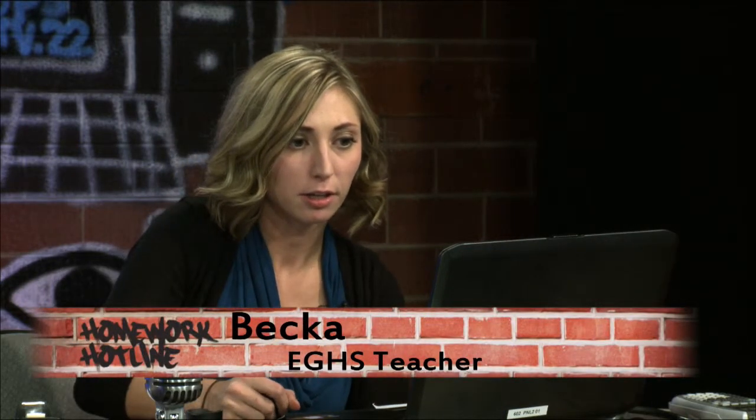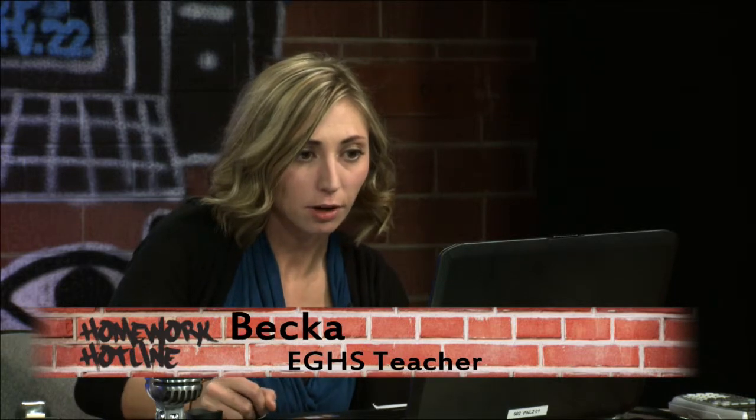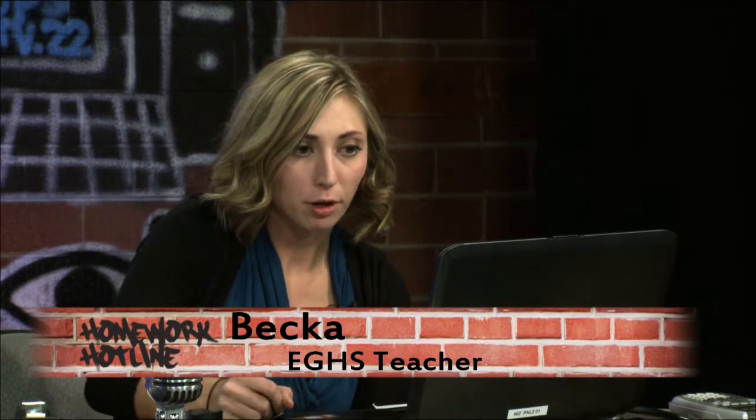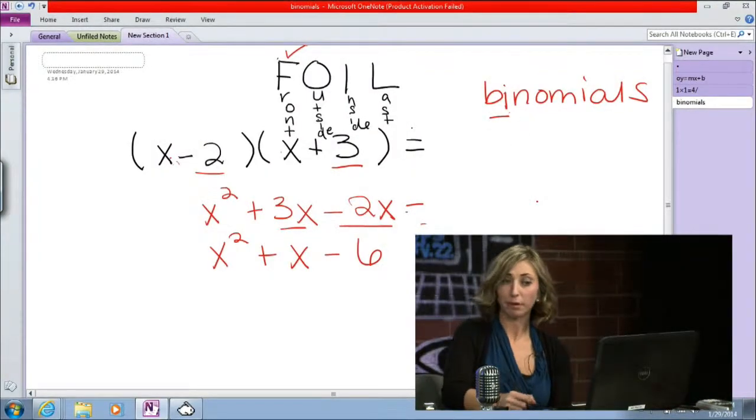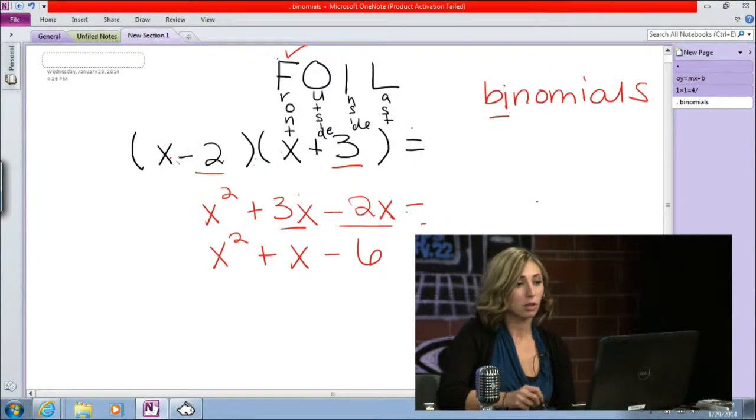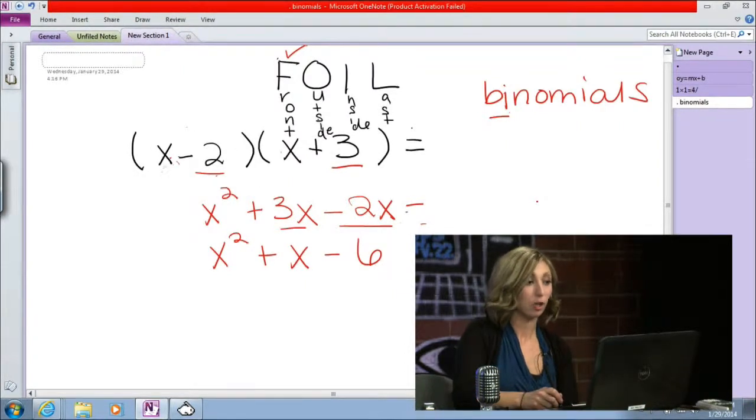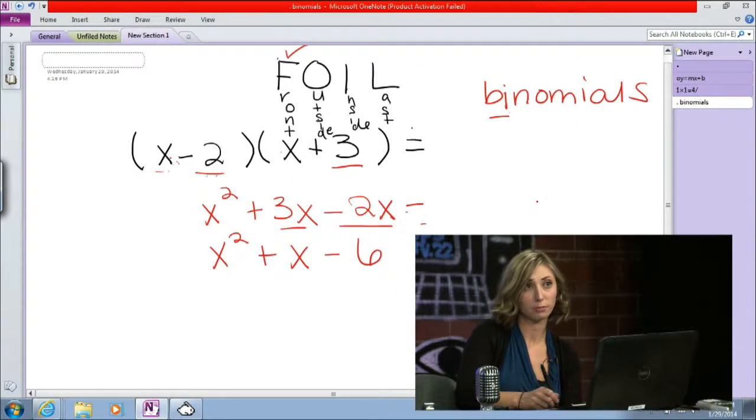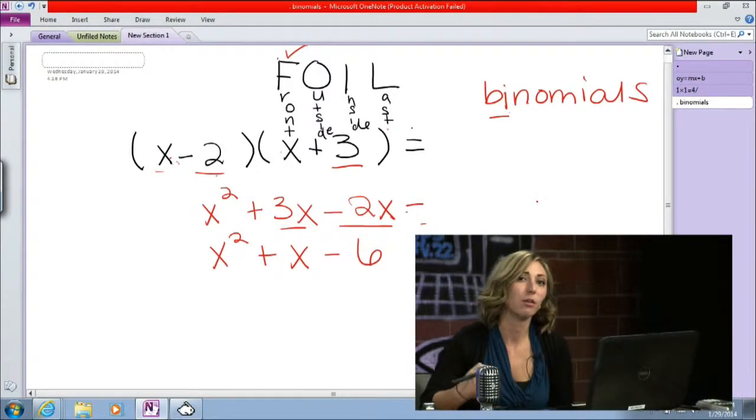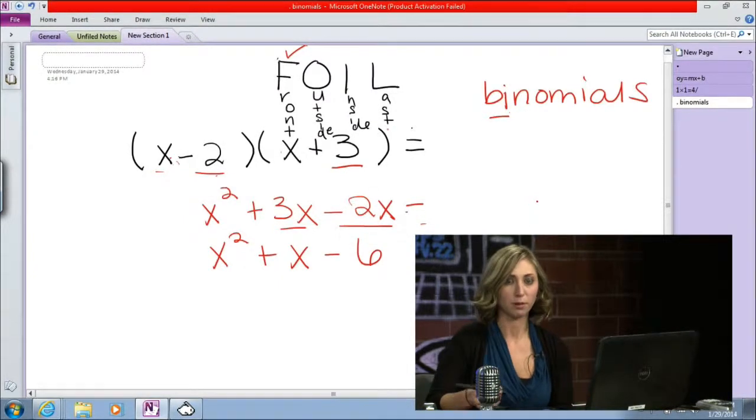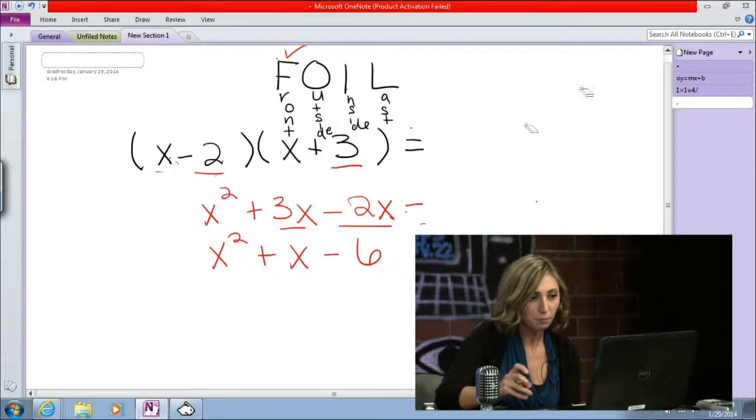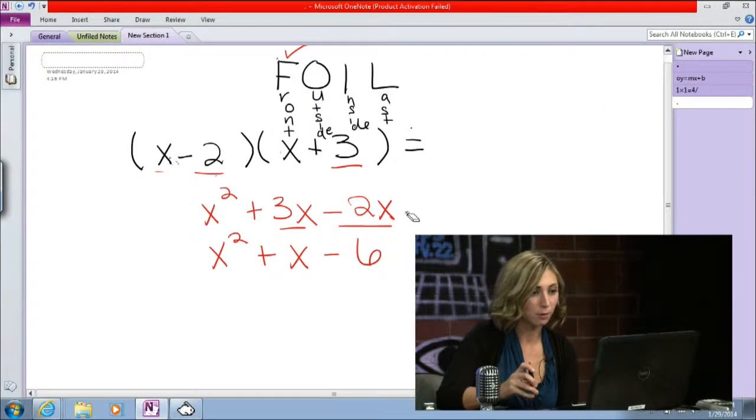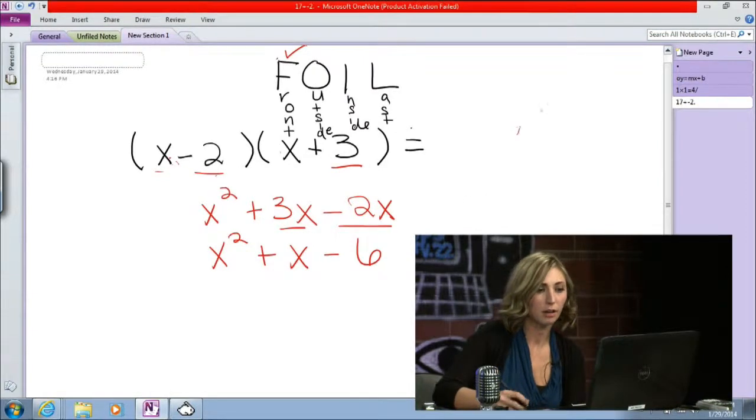Binomials are, in case you don't know, this prefix bi means two, like in bicycle we have two wheels. So binomials are expressions that have two terms. So the problem with FOIL is that it only works for binomials. So I wanted to show you another technique if you're having trouble, and I call it the area